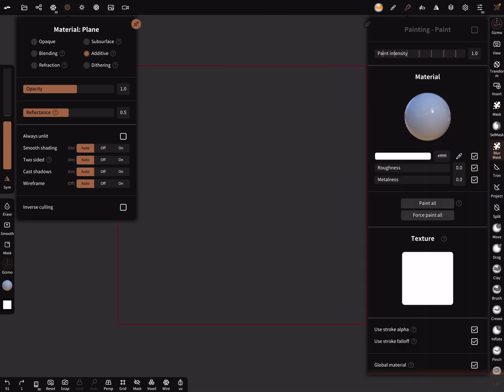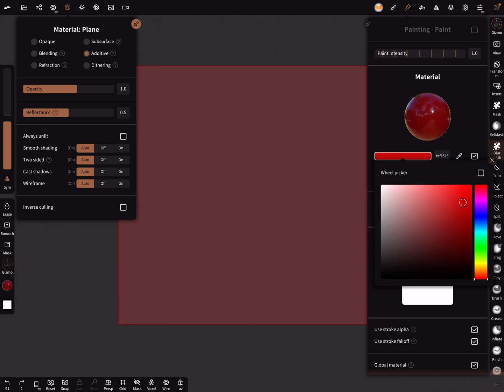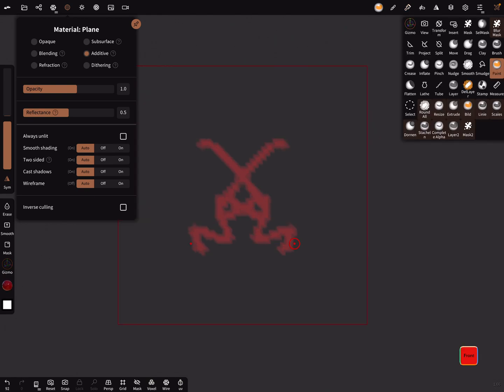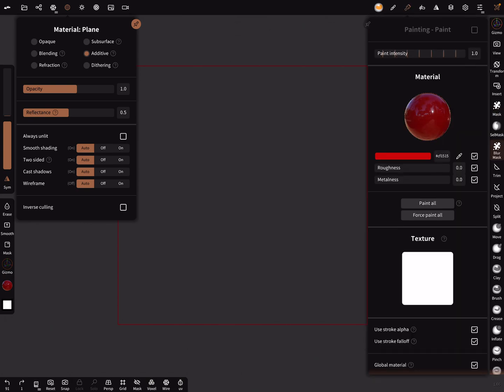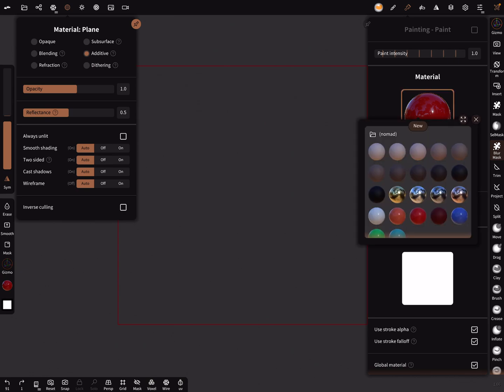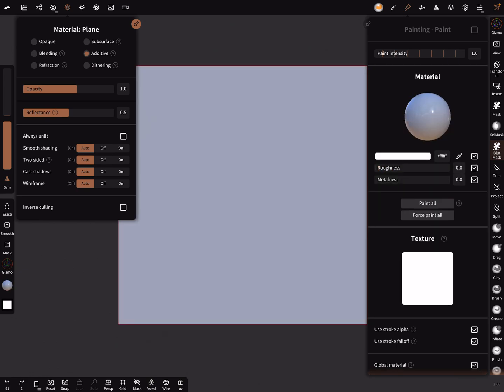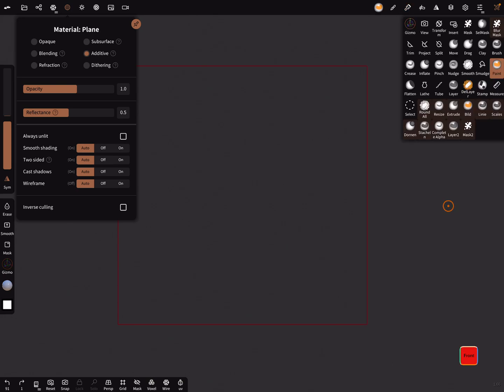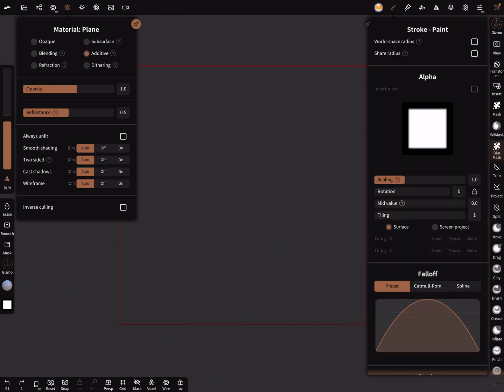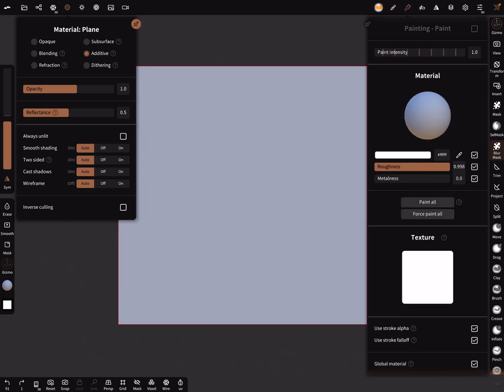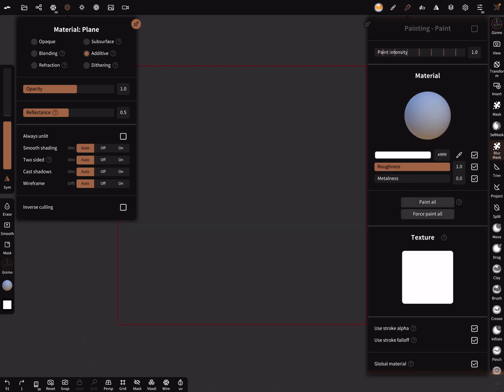And you can use other colors and paint here. But we need a white color. And you can experiment with the settings of the color roughness, and here bring the roughness up.